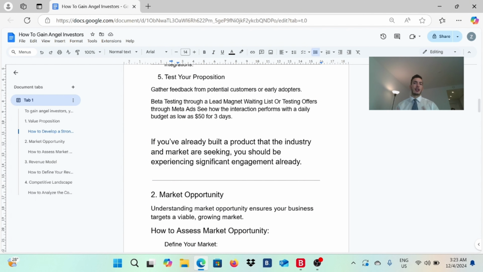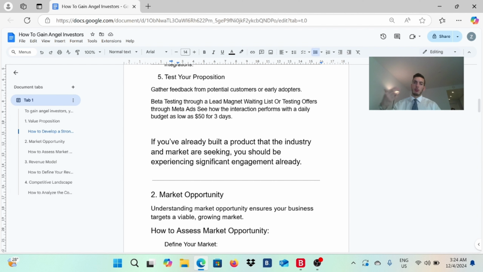And if you see that you're getting good traction, you can keep going. If you don't, you need to evolve your product further. You can also put a question at the end of the survey: what are you looking to get more from this product? What are you looking to see as a solution for this specific area? You can gain their feedback, then collect this data, develop your product, and go on.